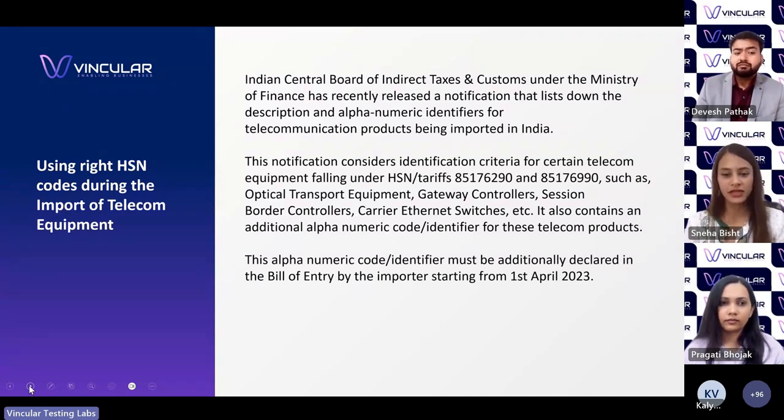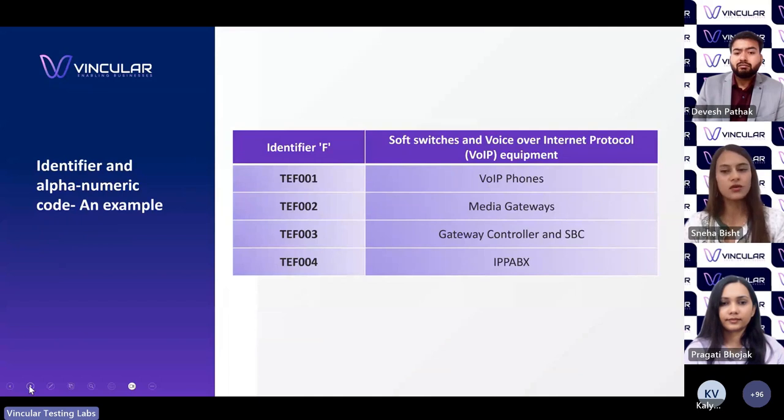Now, this is very specific to telecommunication products, and it has been drafted in thorough consultation with the Department of Telecommunication, with an intent to bring more clarity for identification of telecom goods starting from the initial stage of the import declaration itself. This notification has two annexures, and the first annexure consists of an identification criteria for certain telecom equipment falling under the HSN 851-76290 and HSN 851-76990. So these HSN codes consist of products like optical transport equipment and optical transport network products like OTN and DWDM,